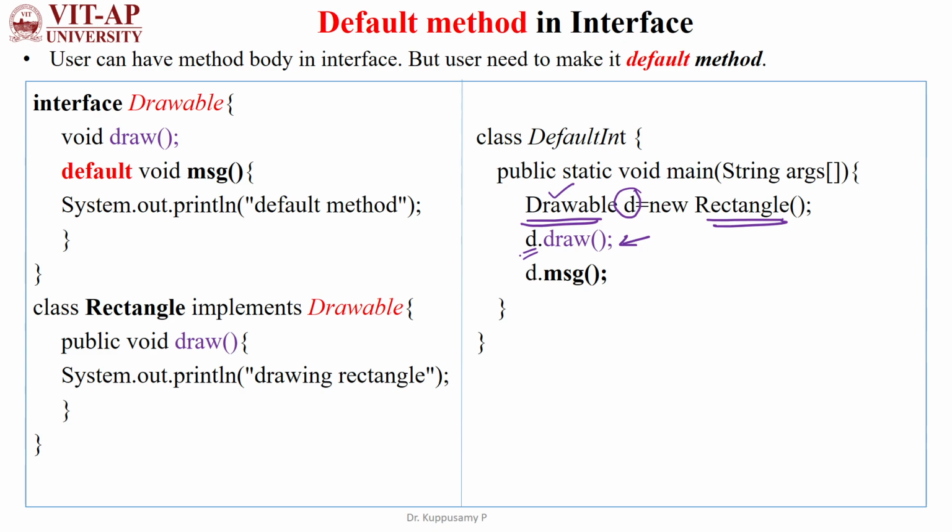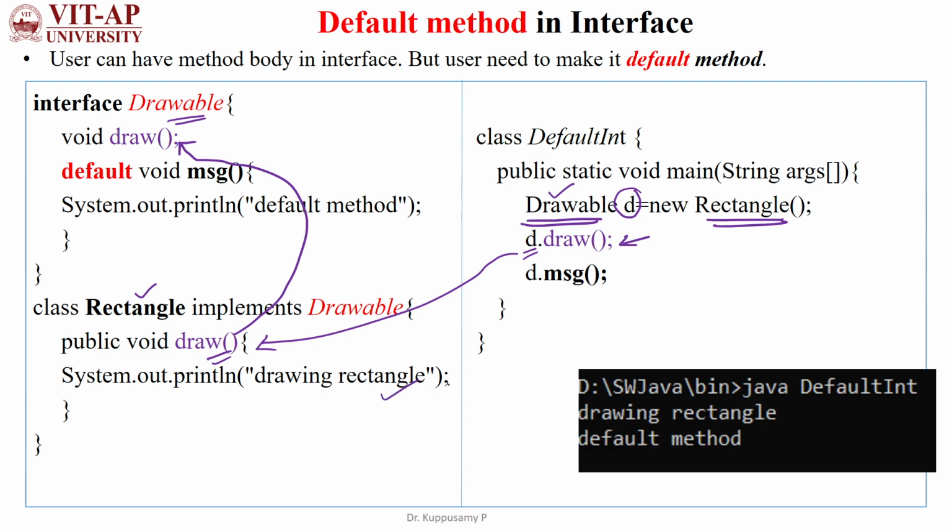So once it is called, then it is accessing the draw method from the class because it is implementing that method. Once it is called, it will override the draw method which is defined inside the drawable interface. Then it will execute, the first statement will display. Then we are calling the method msg, which is not defined inside the class rectangle, so automatically it will transfer the